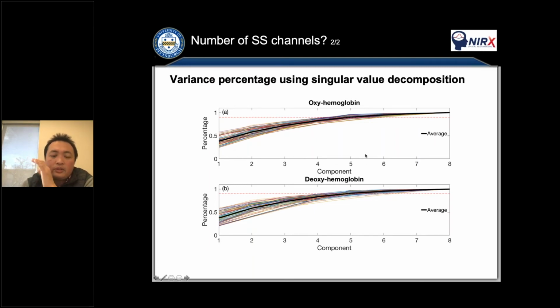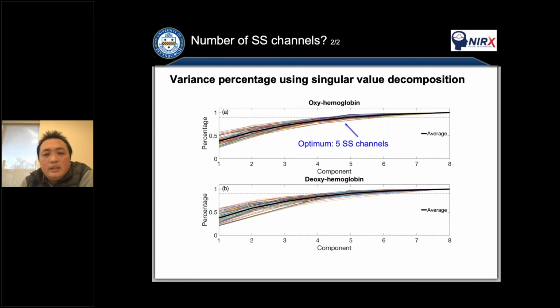This is only for short separation channels, so we use SVD from all channels. It looks like using 5 channels is enough in this data set. The 5 channels explain about 90% of the variance, so you can say that around 5 channels can explain 90% of the variance of the data.